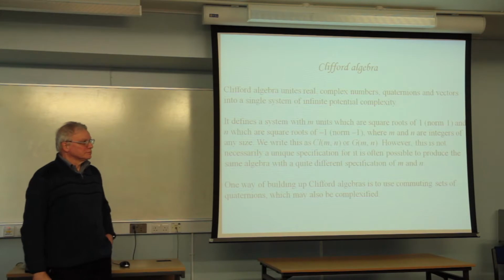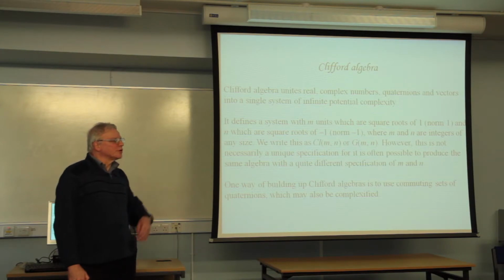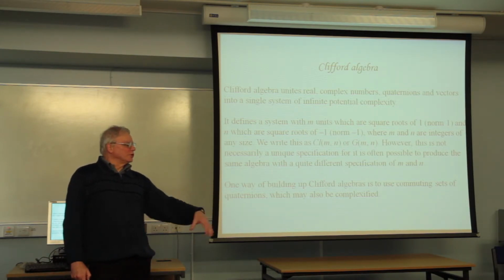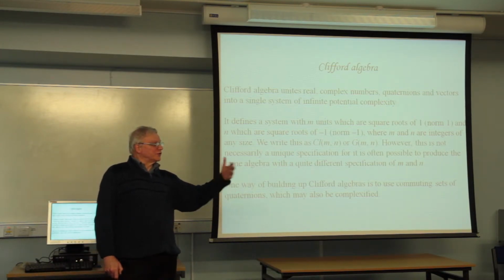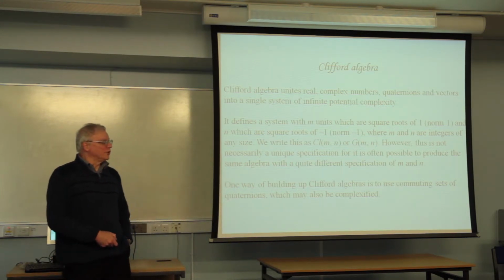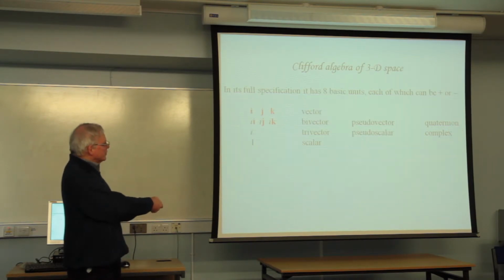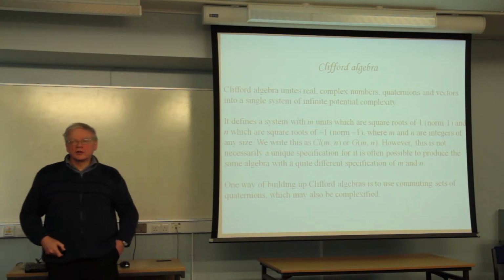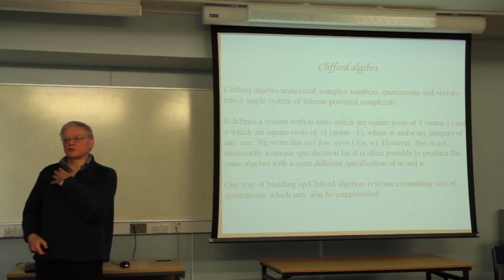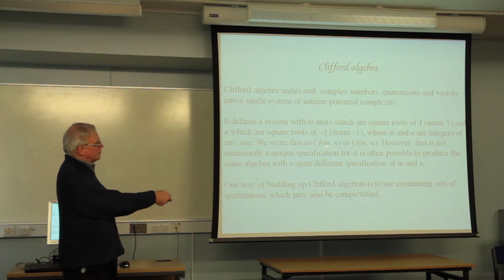So I'm sorry, I've got to interrupt now, because I've got stuck in my mind your earlier statement that we could only have quaternions and octonions. That's within one system, but you can have an infinite number of systems. You can have an infinite number of quaternion sets, as long as they're commutative to each other, or of vector sets as long as they're commutative to each other. So you can do it to infinity. In fact, if I was to say Clifford or geometric 3,3, that wouldn't necessarily be unique. I could possibly do it in a different way. It's often possible to change one particular algebra into different specifications.